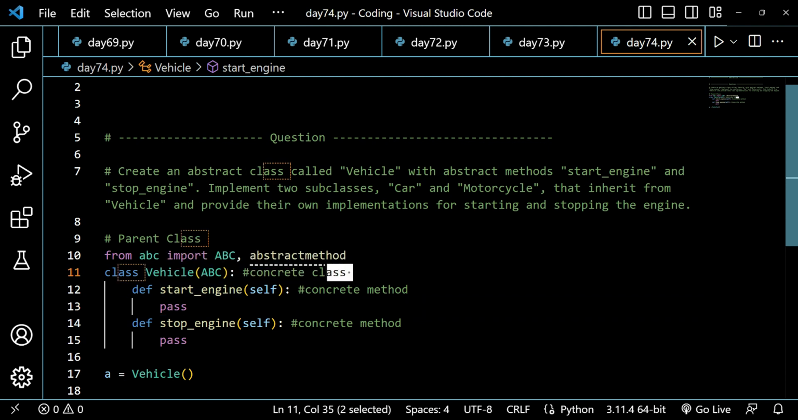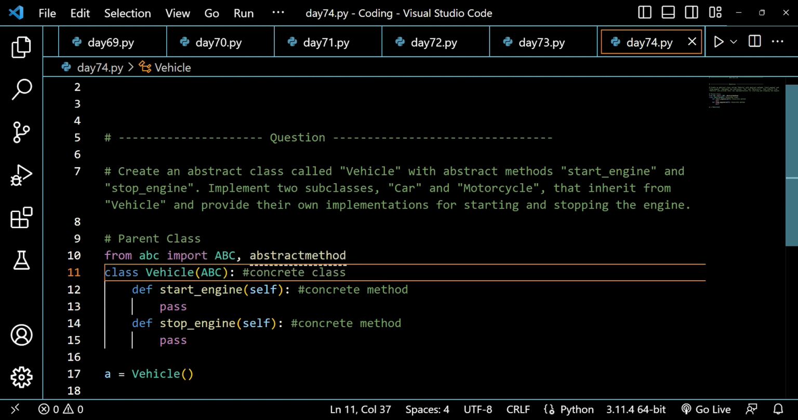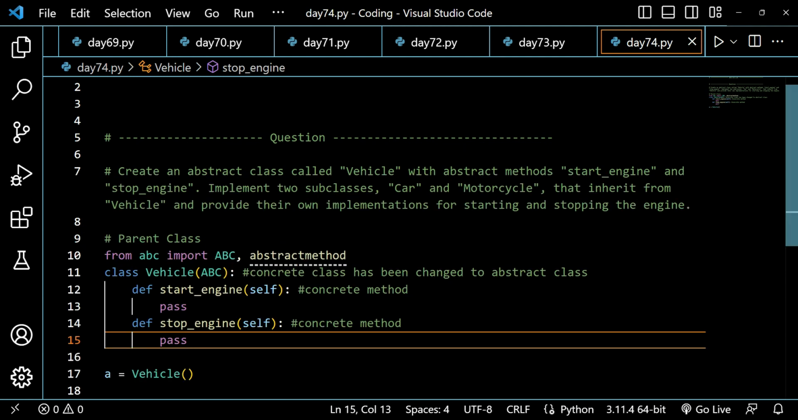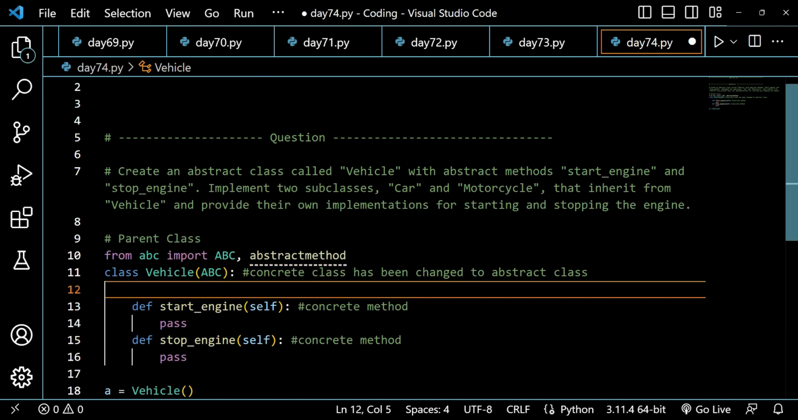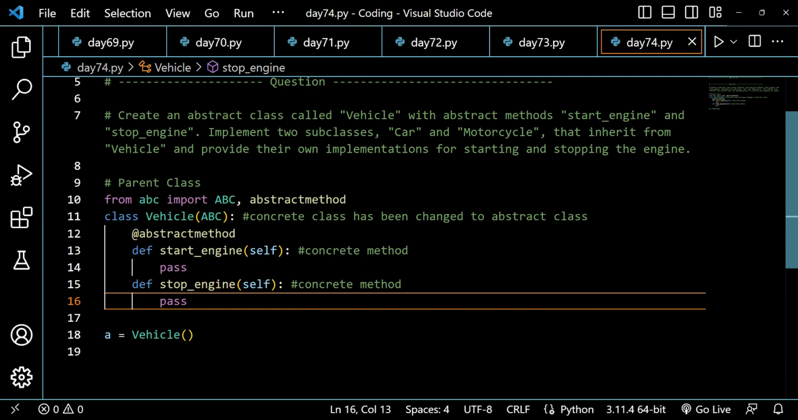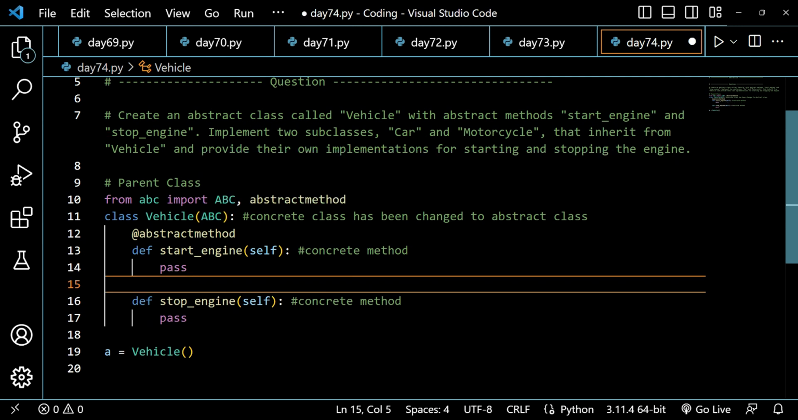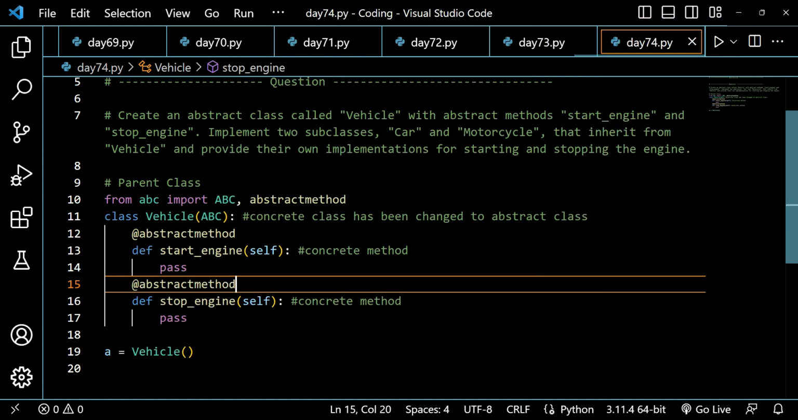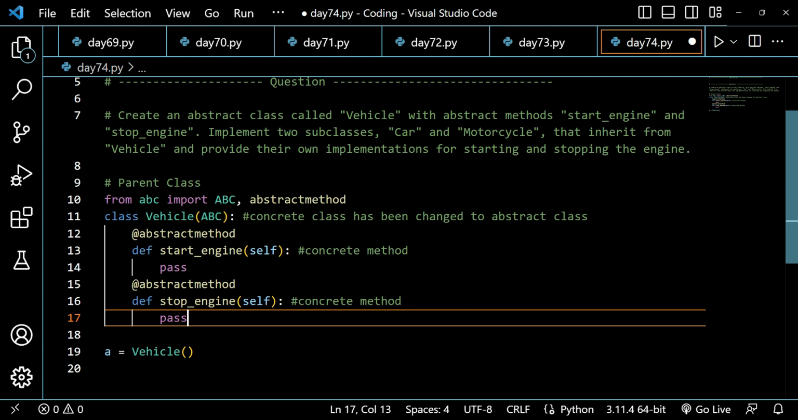So this has now changed from a concrete class to an abstract class. And if I run the code now, you will see an error. I have to write @abstractmethod here, and I have written it like this, and I have to also write this method as an abstract method, and then I will be creating some child classes too,